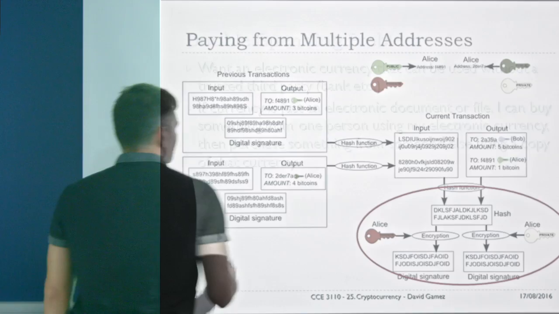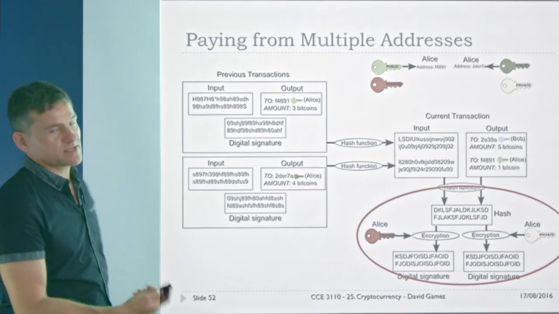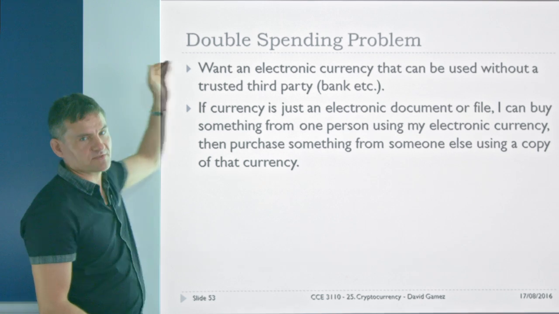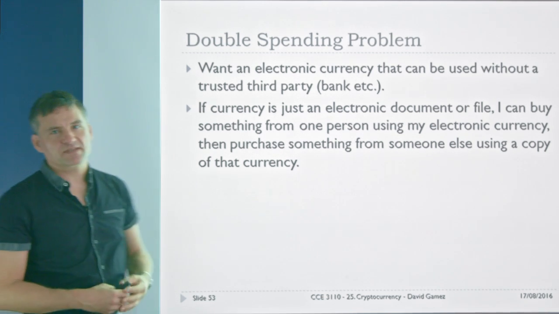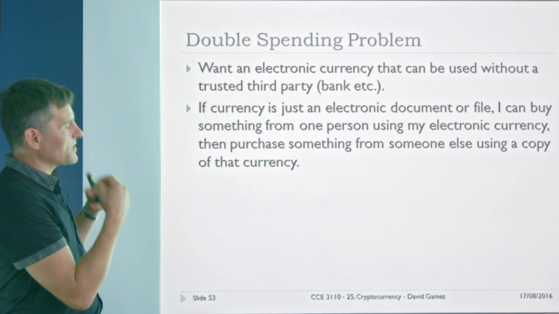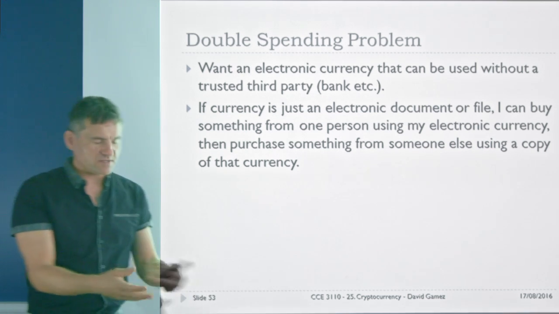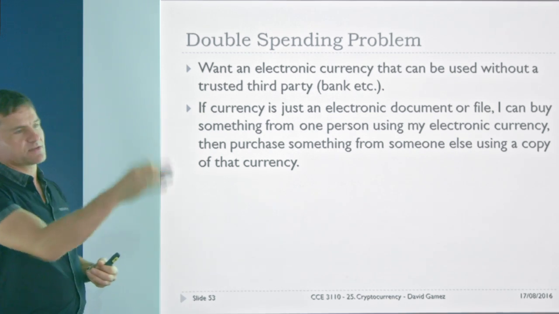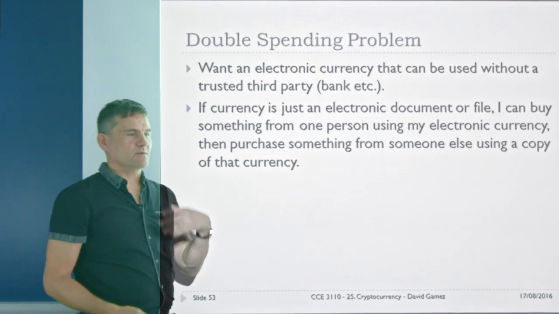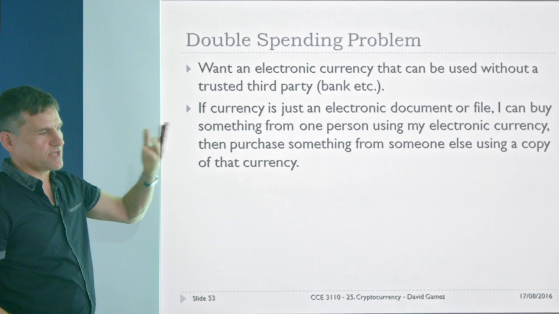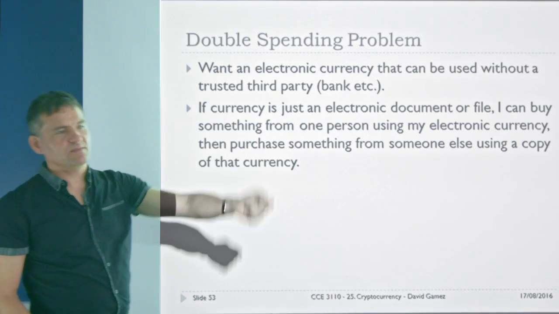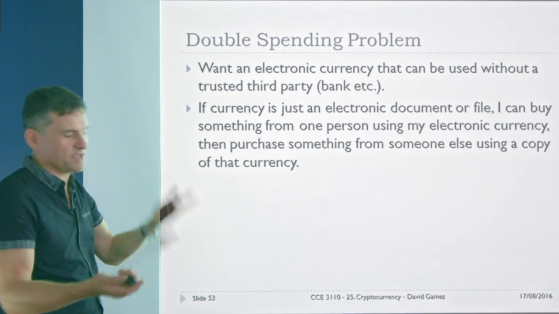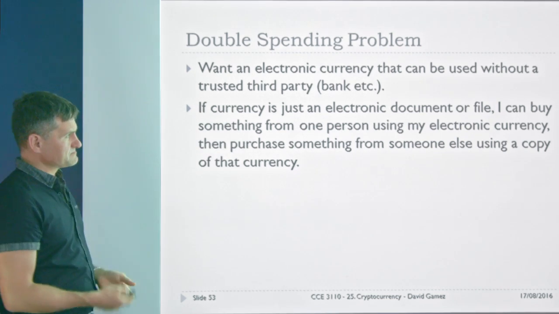Right, so that's how we do transactions. This is how Alice sends money to Bob, Bob sends money to Colin, and so on and so forth. But now we hit the double spending problem, and Nakamoto's original paper was partly framed around this problem. So we want electronic currency that we can spend online without a trusted third party. Classically, when I spend money online, it's the bank that checks that I have the money and that I'm transferring the money to Bob or Alice or whoever, and it does the actual transfer. And because both parties trust the bank, this all works.